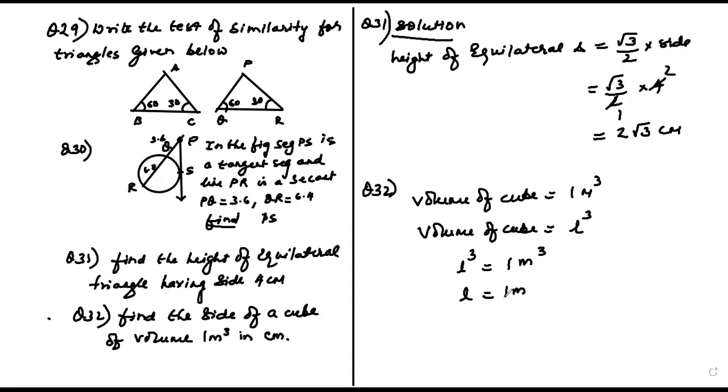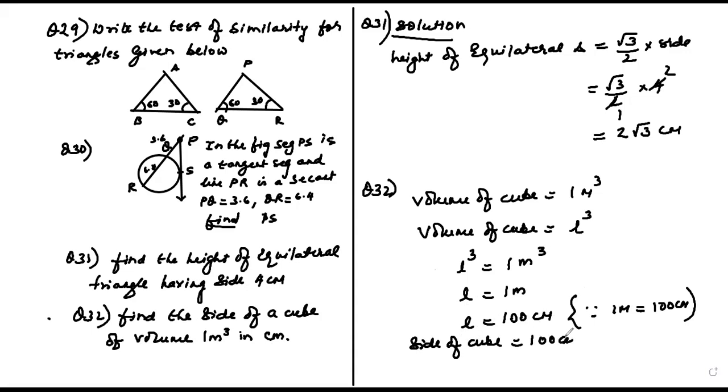But I got the side in terms of meter, children, whereas I want the side in terms of centimeter. So L equals 100 centimeter, because 100 centimeter makes 1 meter. Naturally, I got the answer. The side of the cube in terms of centimeter is 100 centimeter. Okay, children? Now,